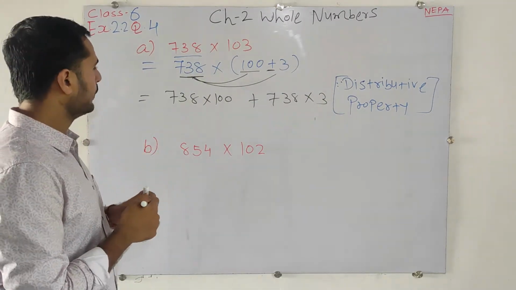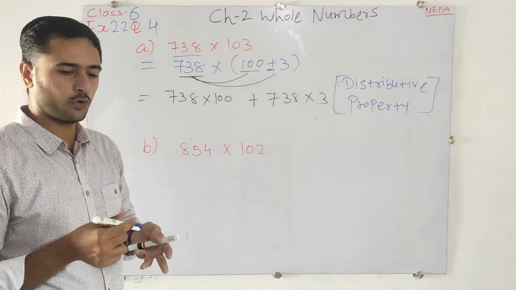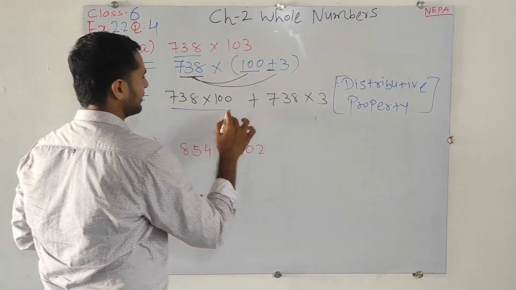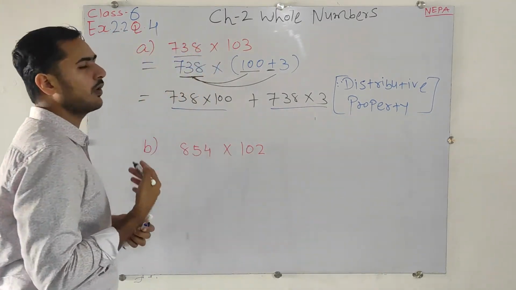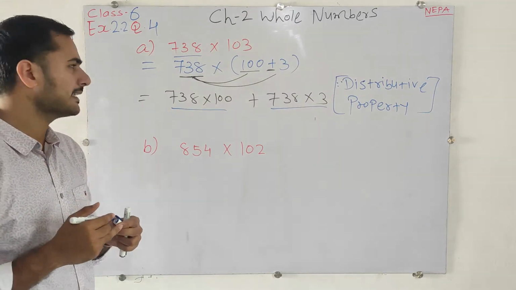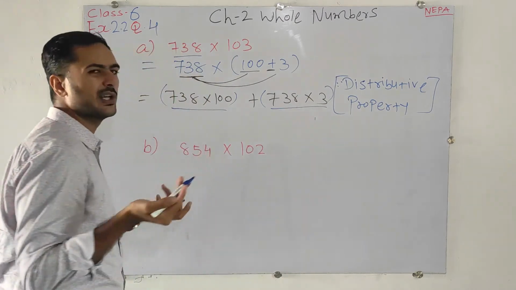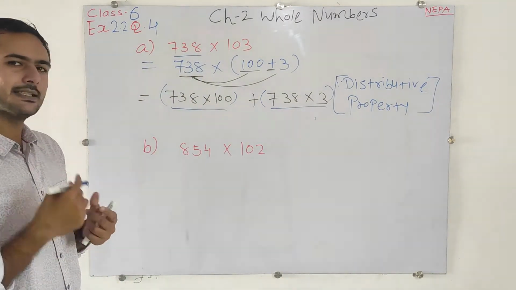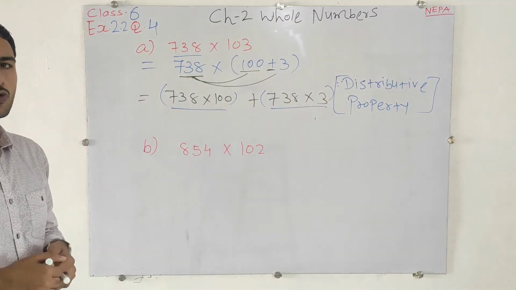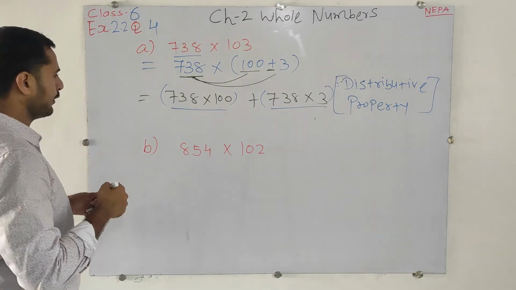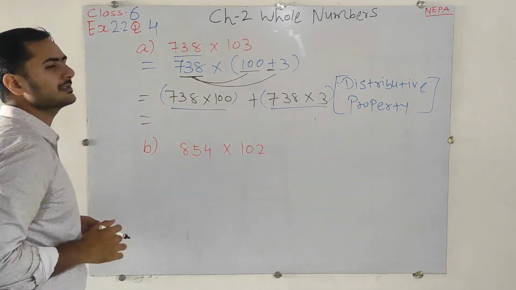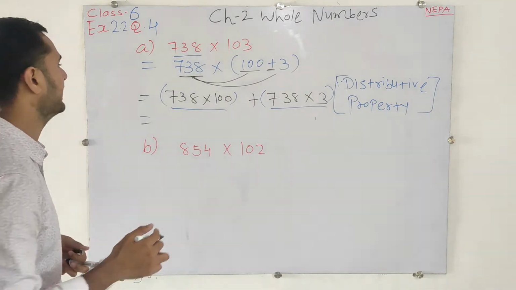Now simply we have to do the multiplication and the addition process. So here how many terms are there? The first and the second. Okay, so first of all solve the first term and then solve the second term. Here you can do the brackets also. Okay, no problem. If you are doing it or not doing it, both ways are the same and correct. So there is no difference. Now simply 738 multiplied by 100, that will be